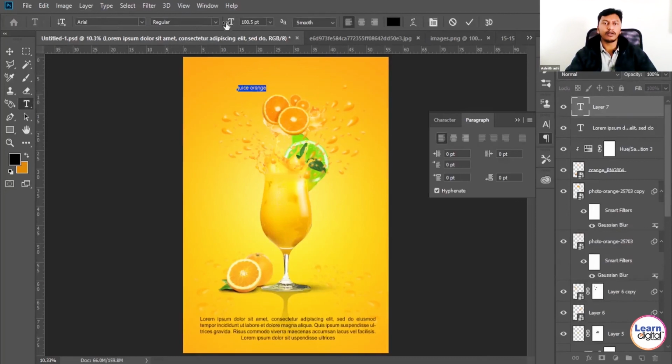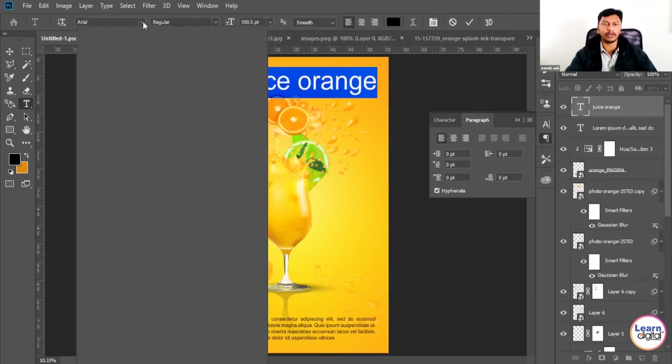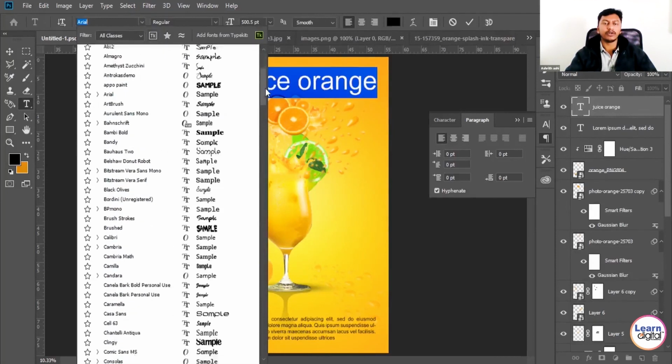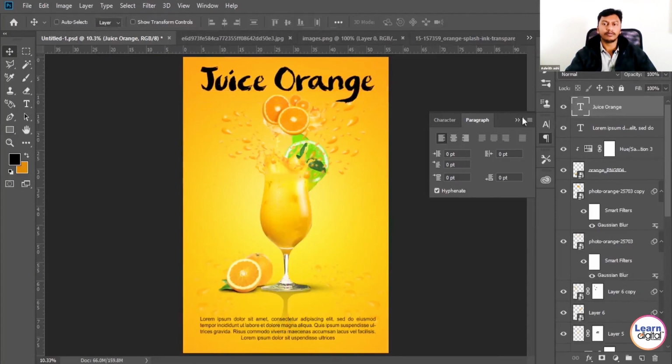If you have a particular or proper matter, you can type and place it over here. Make sure the font or the text which you are using is more readable, because as you are giving information, it should be readable.